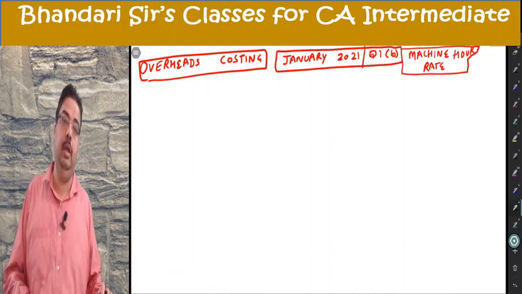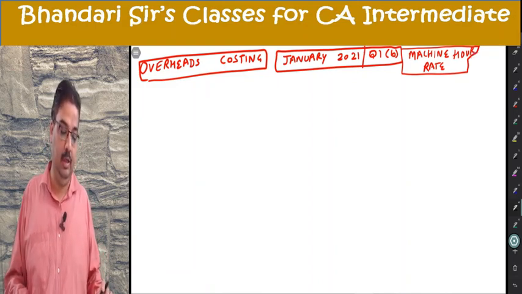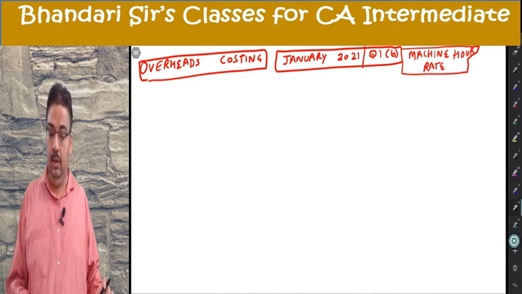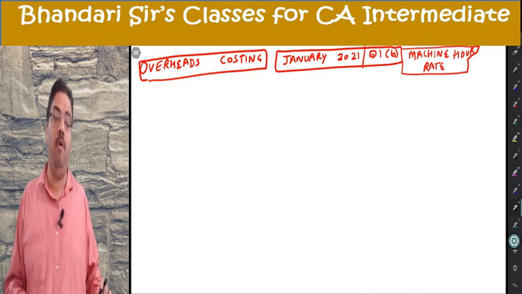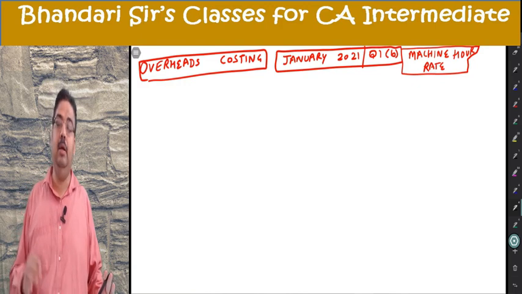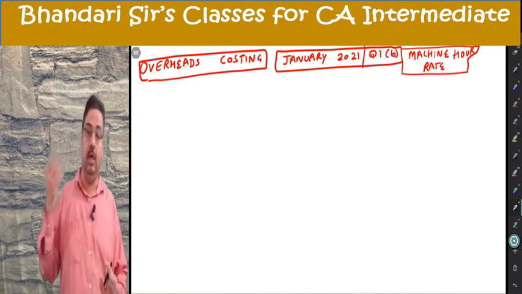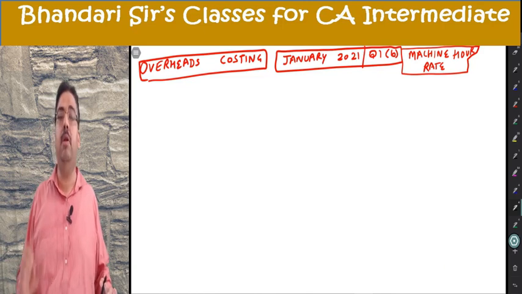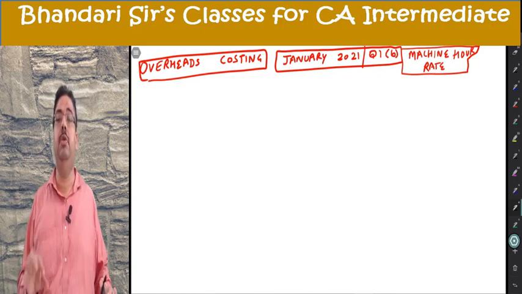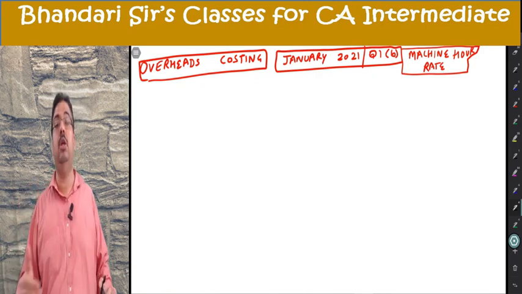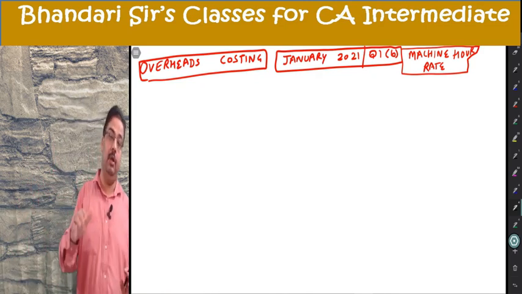Another question in overhead costing is January 2021, question 1B. It is another question of 5 marks on machine rate concept. It is a proper question, and a similar question is there in older examinations also, old syllabus also, but with a little bit of variation which changes some concept. So I'm reading it for you, telling you the changes here, and then I'll be doing all of that in detail.